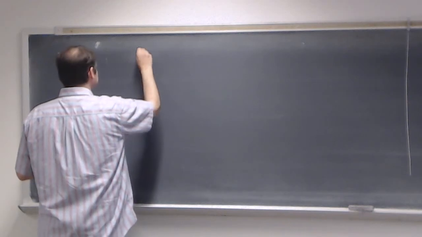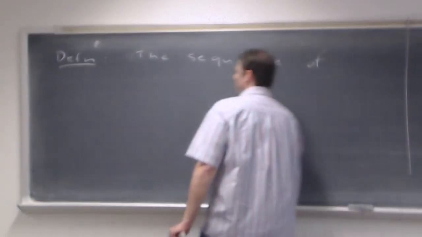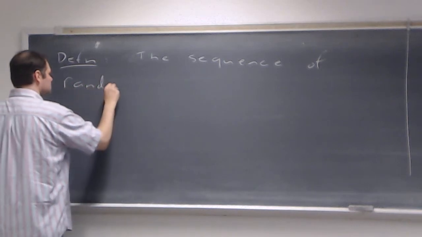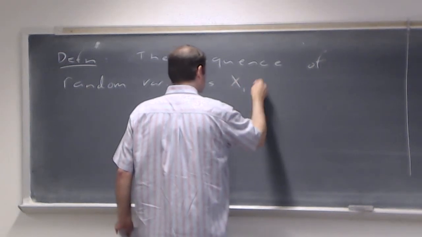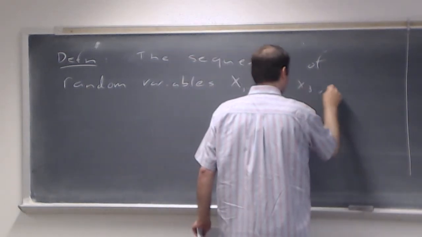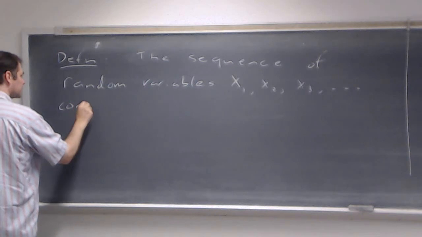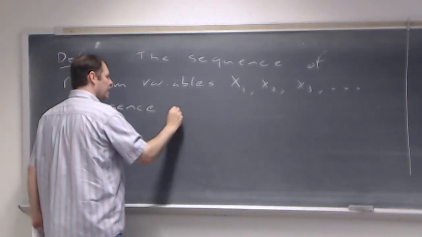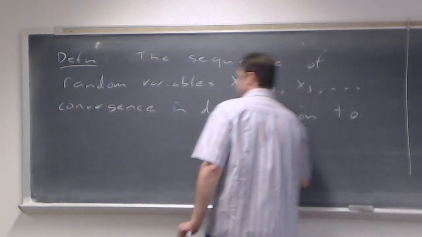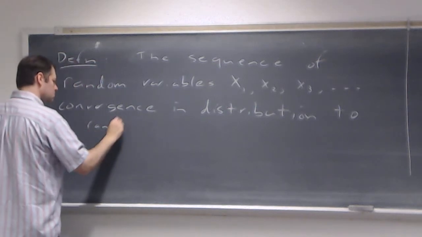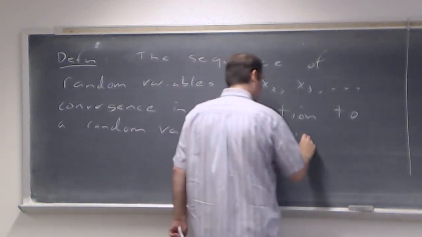It says this sequence of random variables X1, X2, X3, forever, converges in distribution to a random variable X if